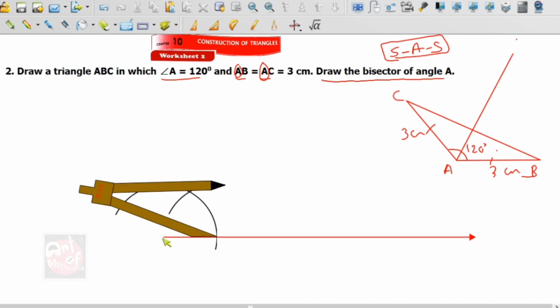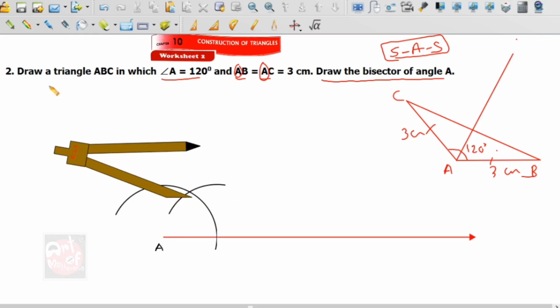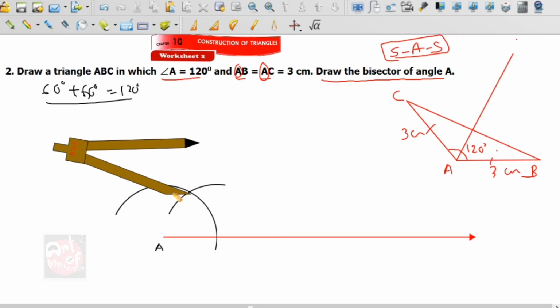So what I have done from this point, suppose this is A, at the point A I am going to draw 120 degrees. So at the point A I have to cut any radius which intersects the ray, and from the point where it intersects, taking the same radius, like 2.9 I have taken, again I have to cut. This is 60 degree. If you repeat this process 2 times: one time you will get 60 degree, 2 times means 60 plus 60, 120 degree. So one time I have done, if I join vertex A and this point, you will get 60 degree. So 2 times if you do this,